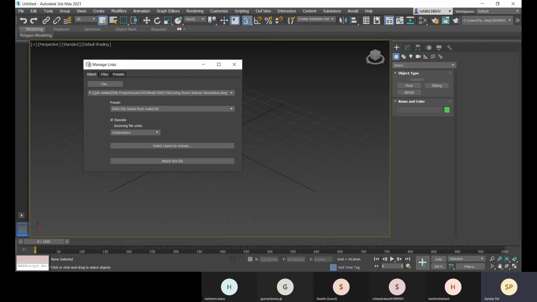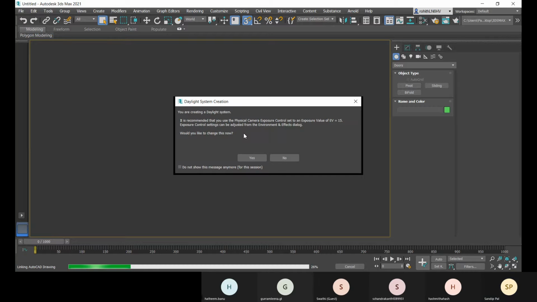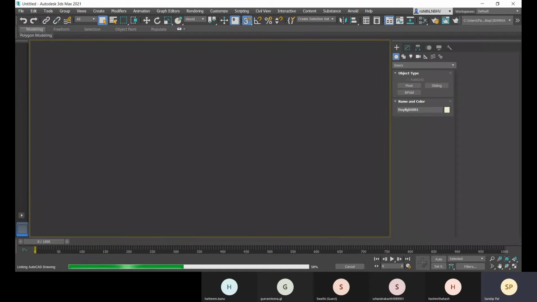If your current unit is millimeter, here you can go for millimeters. Okay, so let's go and attach this file. These will be inserted, and this is creating a daylight system here, and click on yes. Okay.